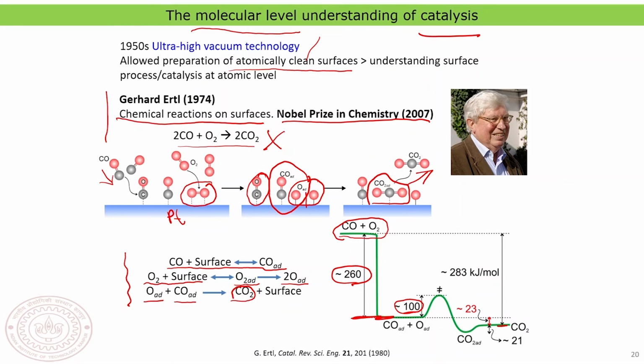So you can basically see that this is the reaction path, yeah, and that reaction path only has a cost of about 100 kilojoules per mole, and then finally you form the product, yeah. And now the interesting thing is also that if you would have done this reaction without the help of a catalyst or without the help of a surface, you would have never been able to do this reaction at this very low energy cost. And that is basically the idea of using a catalytic surface. And of course, Gerhard Ertl has given a very quantitative understanding of these reactions at the molecular level.